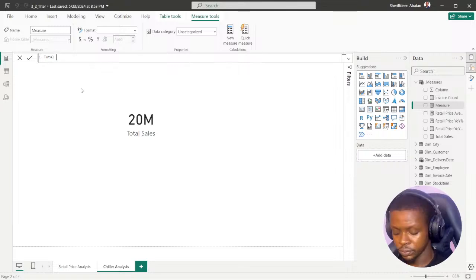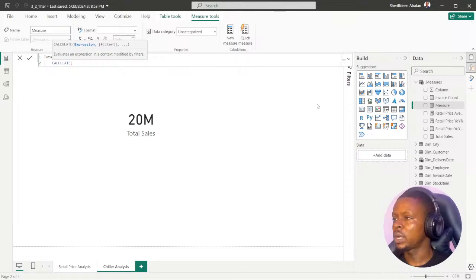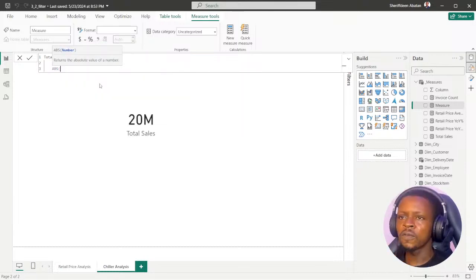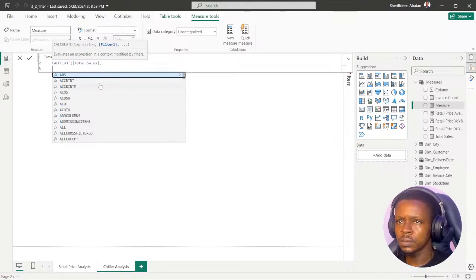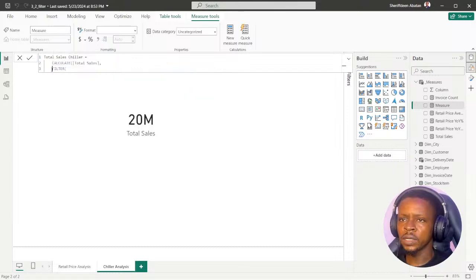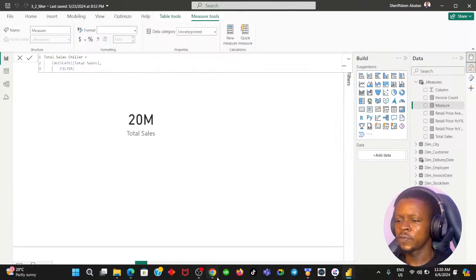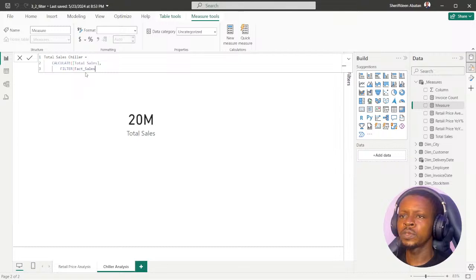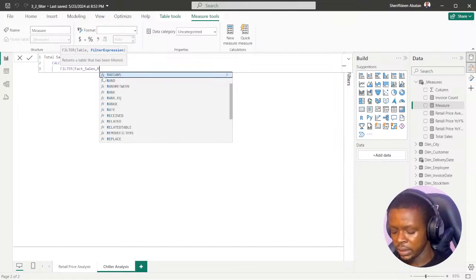Total sales chiller is going to be equal to the CALCULATE function. Calculate our new measure, total sales, comma, but we want to only calculate total sales for filter. So we want it to filter the fact sales table. So that's our fact sales table. Going to be filtering the total sales of this fact sales table, but for only records that are